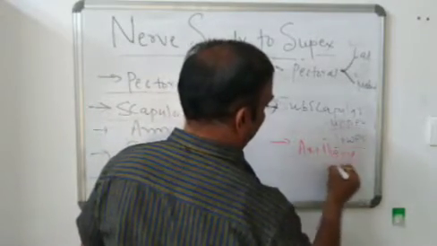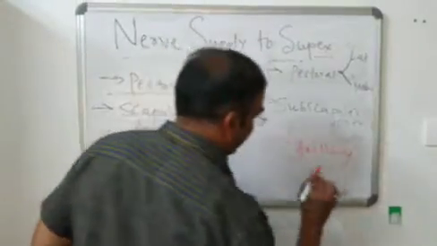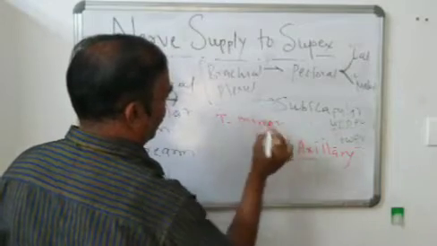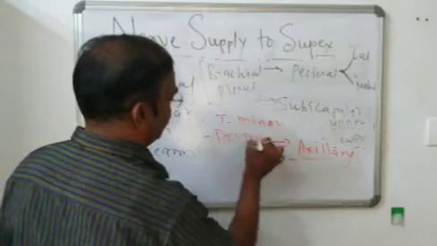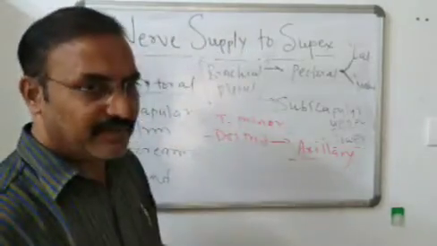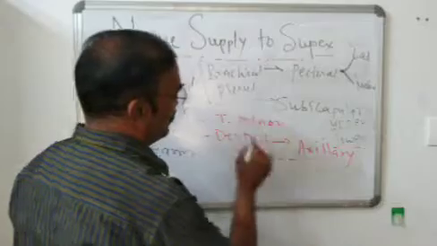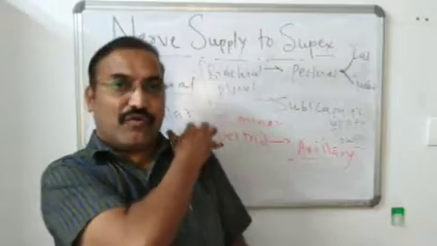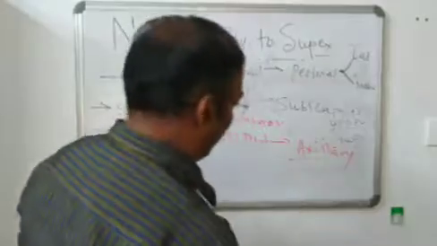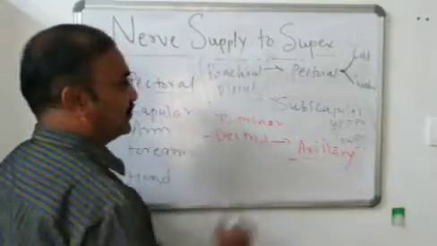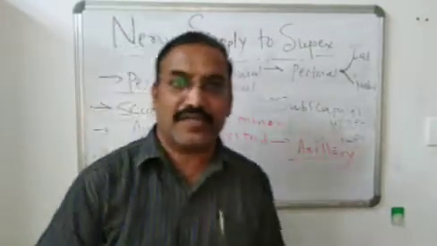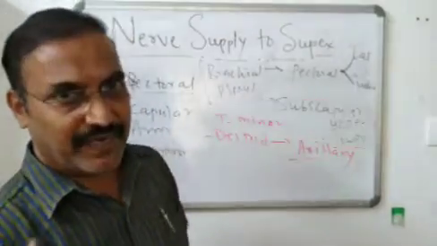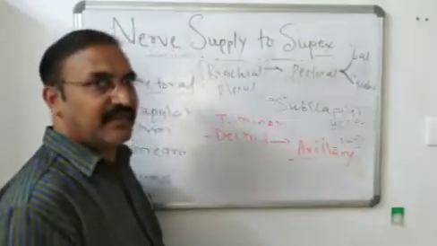Remember, it is again a branch of brachial plexus. So this axillary nerve supplies only two muscles. The first muscle is teres minor, and the other, the biggest muscle, is the deltoid. So the axillary nerve, a branch of brachial plexus, supplies the deltoid muscle and teres minor muscle. The round contour of the shoulder is formed by the deltoid muscle, which is mainly supplied by the axillary nerve. Brachial plexus, where is it present? It is present at the root of neck. It is formed by the union of spinal nerves, which are C5, C6, C7, C8 and T1.